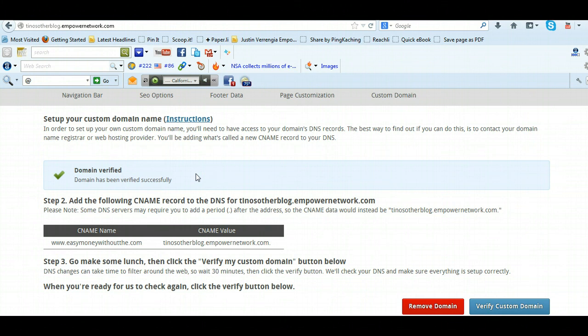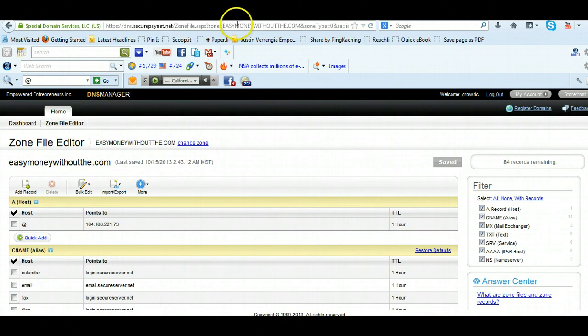Not at this point, not necessarily. Just like on GoDaddy, it may take an hour, may take 48 hours. So you are done here, and for the time being I say come back after an hour